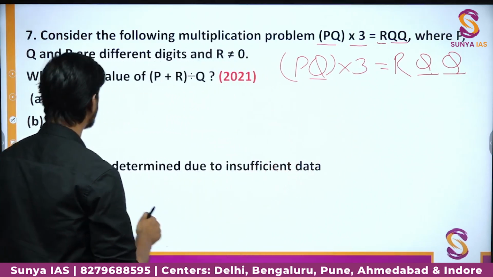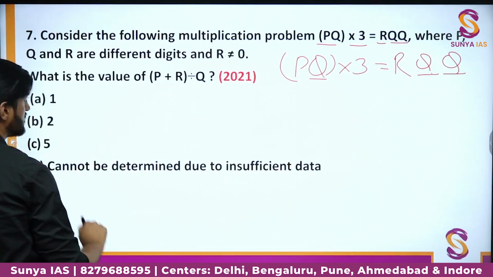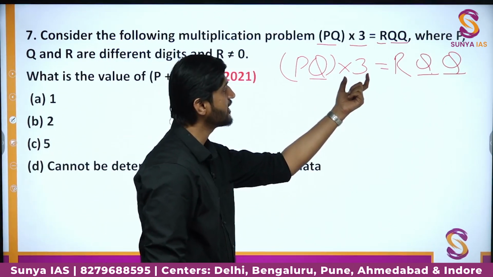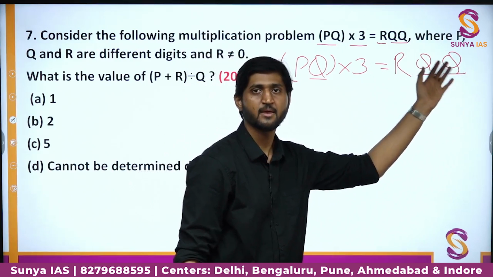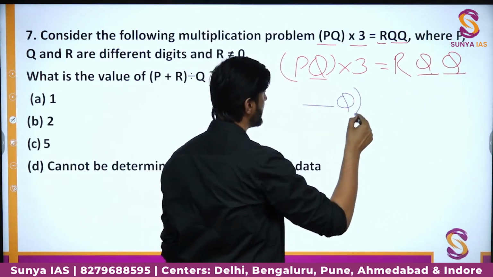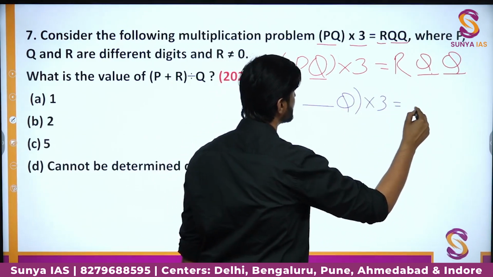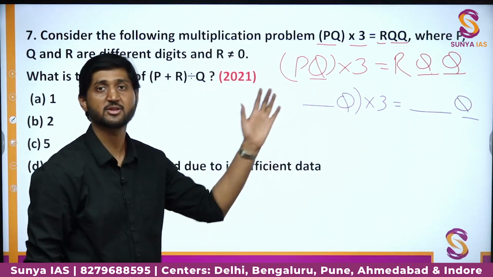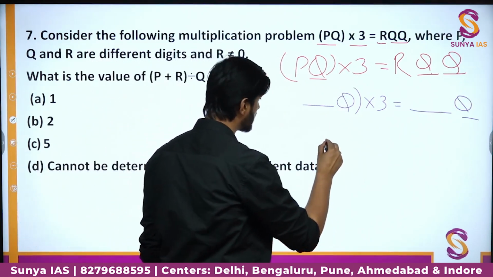Okay, so how can we approach this particular question? Let us check how many numbers, when multiplied by 3, will give the same number. Are you getting the idea? Here what is happening is that the last digit is Q, and when you multiply it with 3, the last digit you are getting here is also Q. So how many such numbers are there, we have to check. So again you can draw a keypad.